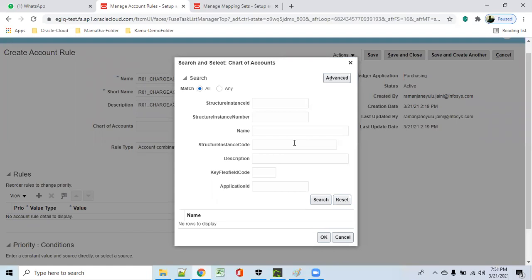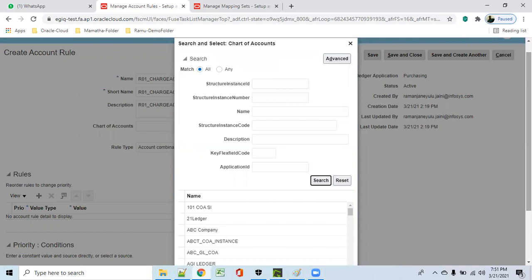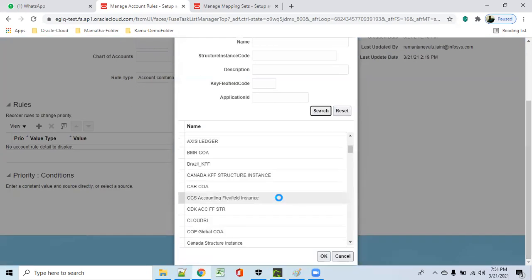BMR COA. It is not showing. Only names are given, right? Oh, we have to give a space.